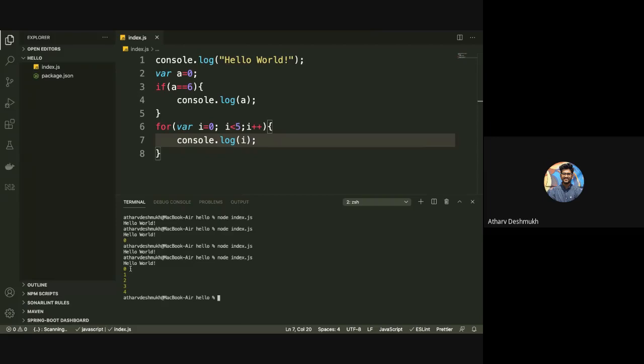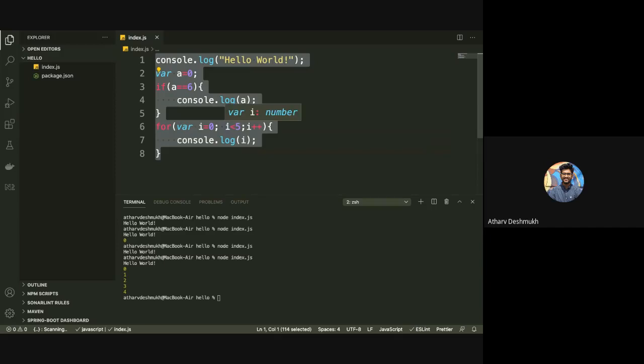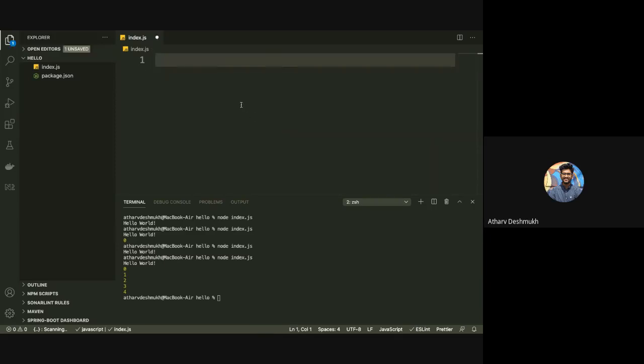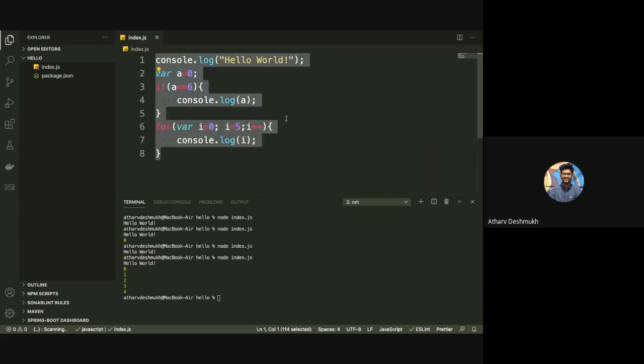Yeah, see, here we are getting output. But hold on, this is not the thing we wanted from a server, right? What we want is that whenever any person is hitting a URL like localhost/home, that request should be fetched somewhere, and we should be able to send some response to that, right? So for that, I just deleted this code.